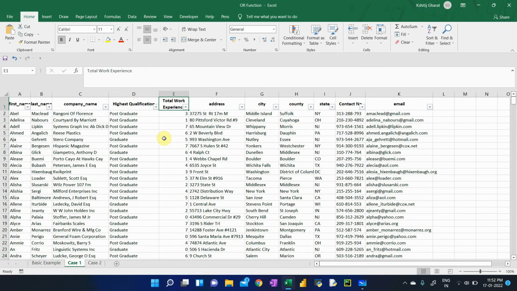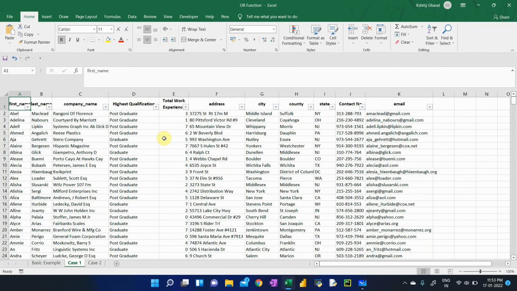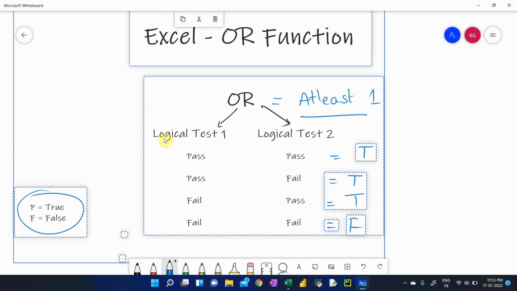Now these are graduates and postgraduates, and they have mentioned the total work experience in column E. Now you want to filter out candidates from this. Of course you cannot call 500 students for interview, so you decide to perform a first level of screening, and for this you decide to set criteria.